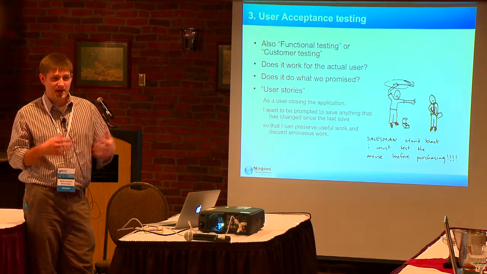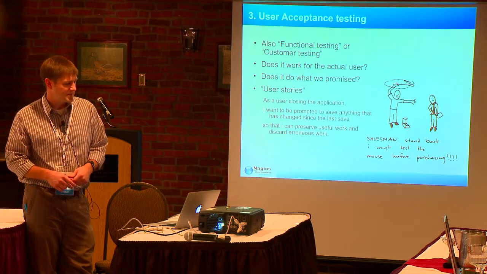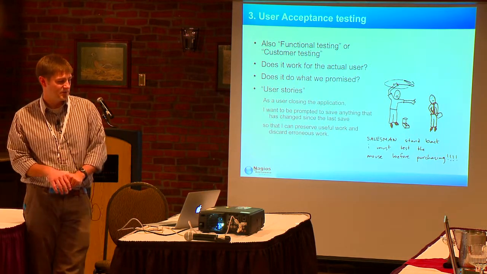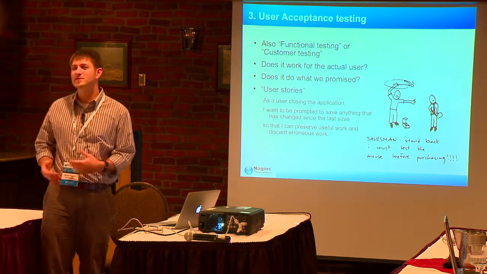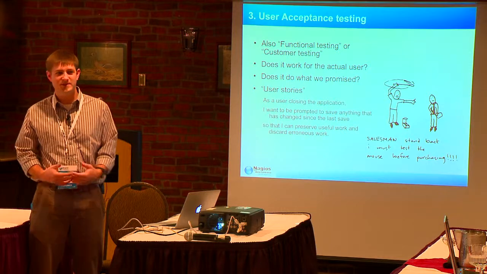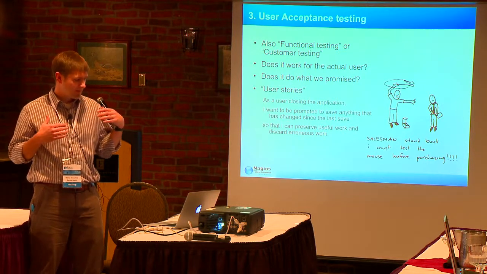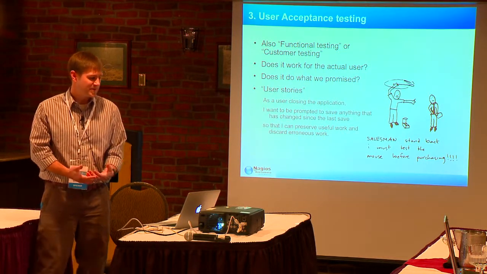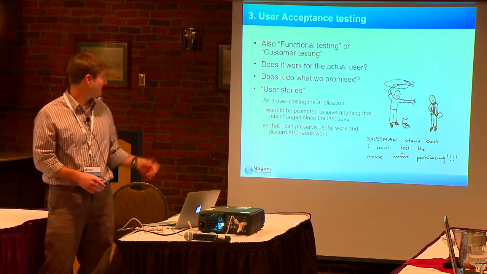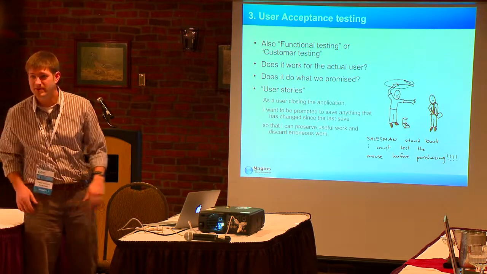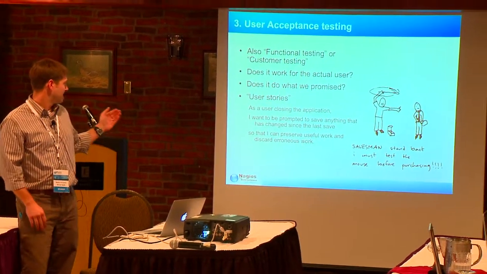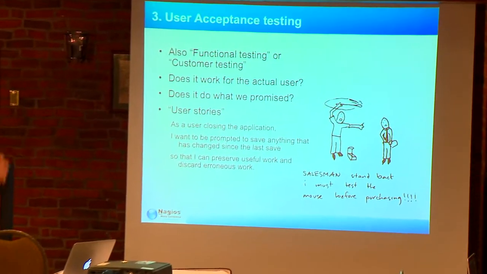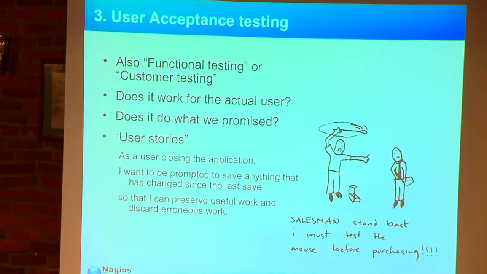And then at a higher level still is user acceptance testing, also called functional or customer testing. And that asks the question, does it work for the actual user? Does it do what the user needs to do? It focuses on user stories. An example of a user story that actually can be used in some test frameworks is: as a user closing the application, so that kind of lays out the assumptions,